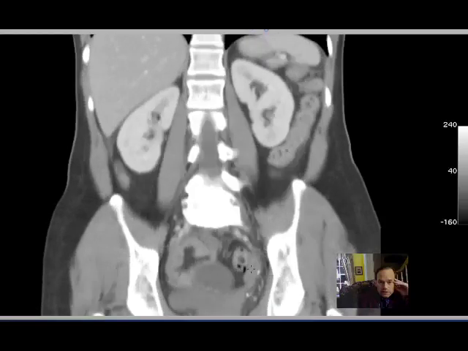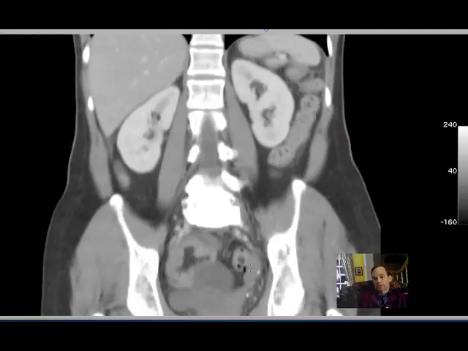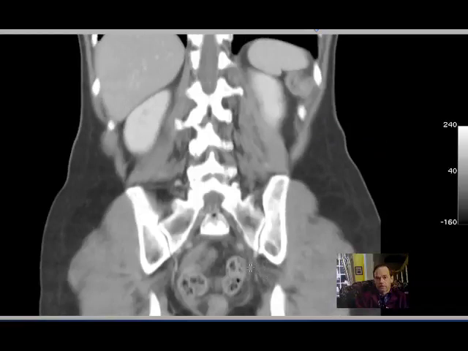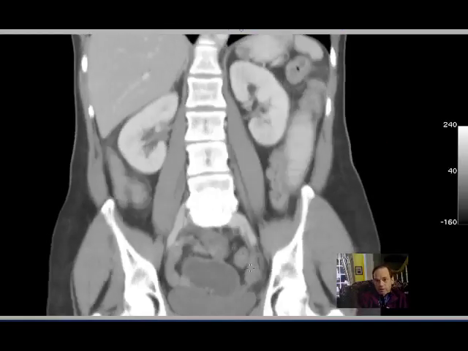I can't really see it real well in this case. Let's look on the other side. Okay, there's two vessels. I'm just guessing, but they're probably the left common iliac artery and left common iliac vein, because they're running right alongside of one another. Okay, now this seems to give us a better example of